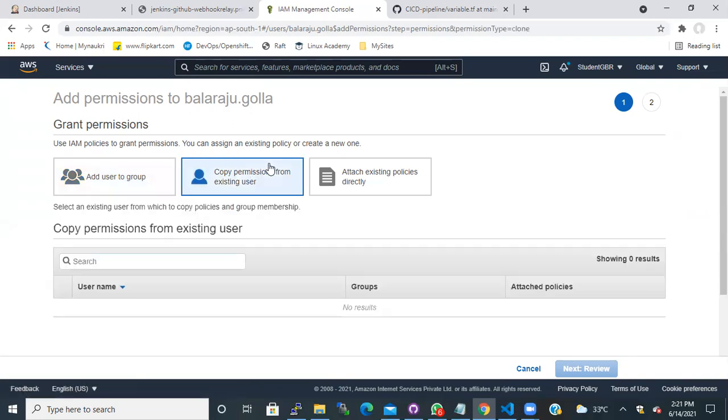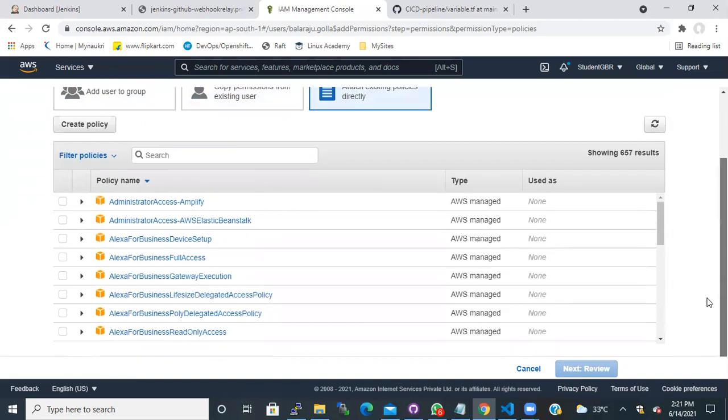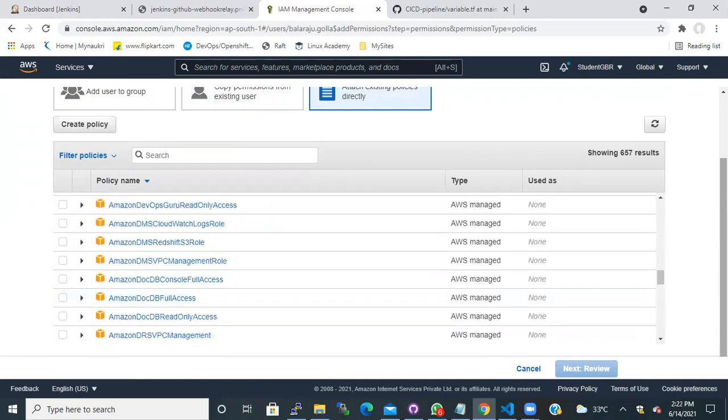And then you can copy the permissions from an existing user. In my case, I have only one user. Just in case you have multiple users, and you want to mirror the permissions that XYZ has, you can also do that. And the next thing is attach existing policies directly. AWS has lots of policies already in place, and for each service you will have a separate policy, right?